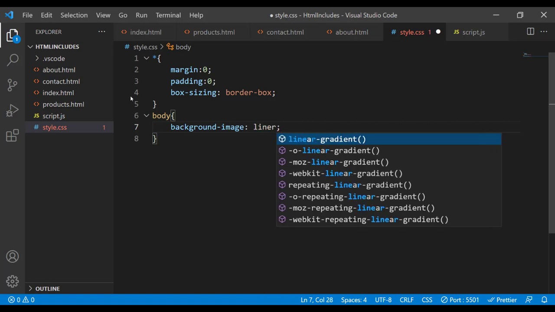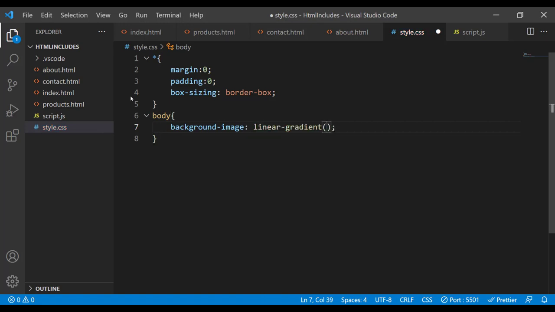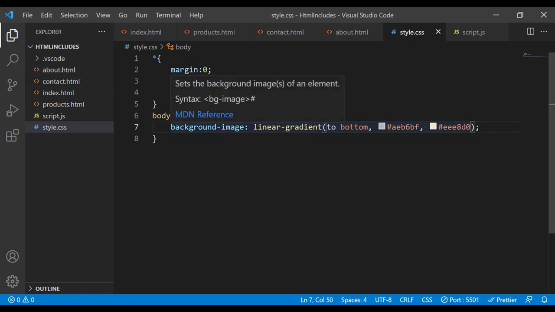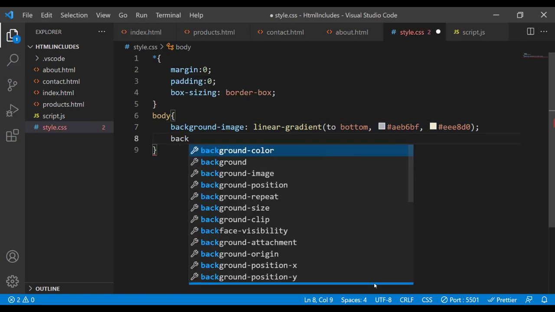Therefore, I'm going to go for linear gradient. So these 2 colors I want to be mixed, and I want this mixing to start from the top and go to the bottom. So the first argument is going to be to bottom. So it starts with one color at the top and then as it goes down, it changes to a different color. Then background attachment,